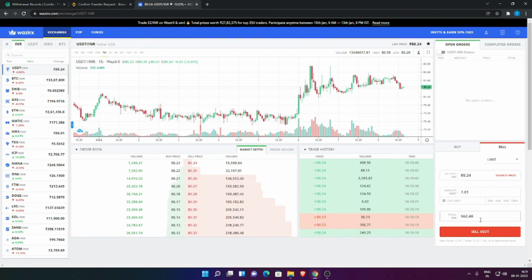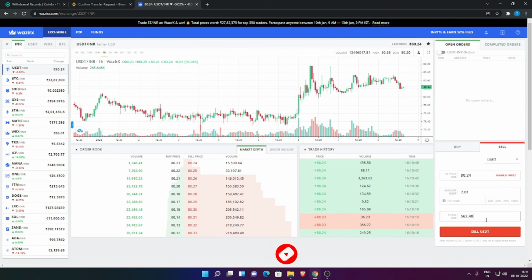As mentioned earlier in this video, it is not necessary that you need to transfer it to WazirX to withdraw your funds. But like I mentioned, while trying to sell it in P2P, you do not get a lot of buyers. So instead, I prefer selling it directly on the exchange. And once the coins are sold, I actually prefer withdrawing it to my bank account.